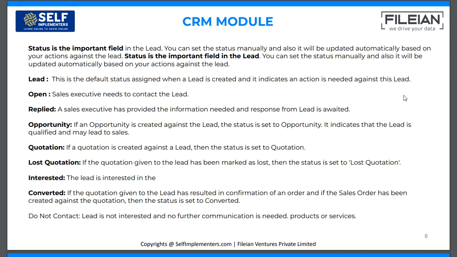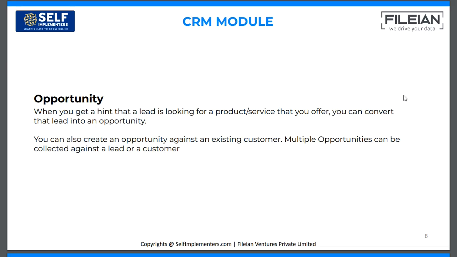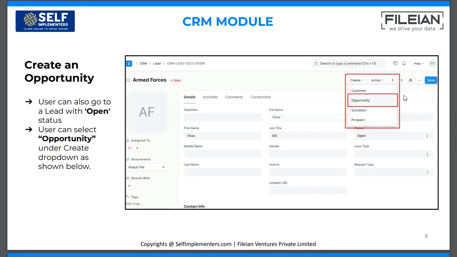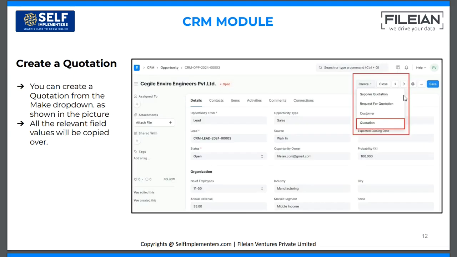So these are the statuses of a lead. We will go through these statuses one by one, and then we will convert the lead into an opportunity, and the opportunity will get converted into a quotation or prospect. So let's go to our